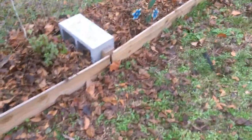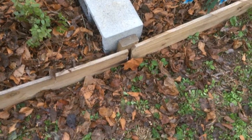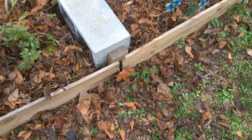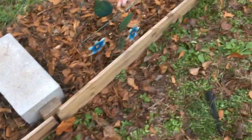All that scooping of dirt hurt me, but I think the kicker was the cement blocks. Now you see I put a 2x4 wired to the front of him to where then I could screw the wood panels. This is not really a raised bed. This is just a don't-cut-here, yard man bed. He has a bad habit of getting into my flowers if I don't put a border up to keep him out of them. And so you see all the leaves and stuff I raked up and put in here around